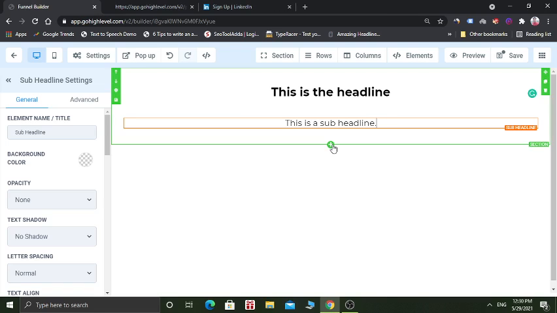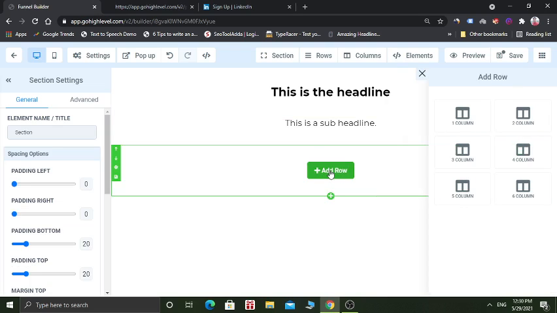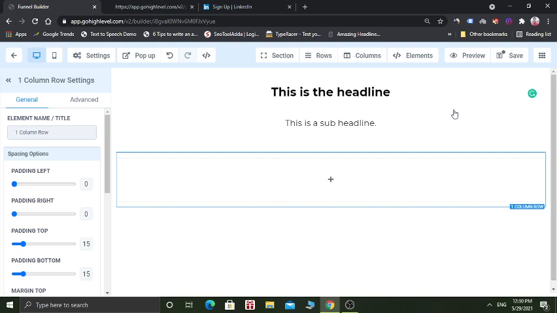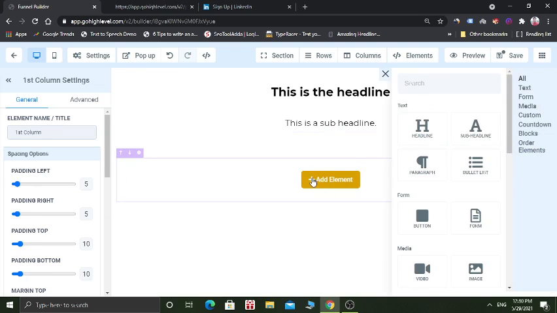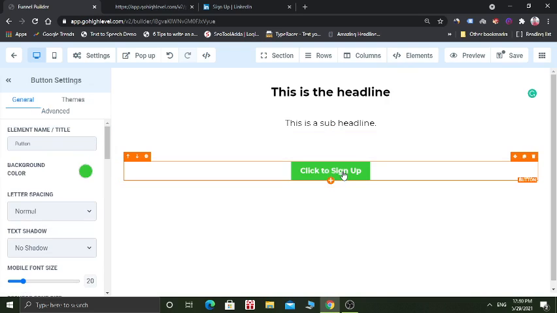And now you can add a button into the page. Add a button element, drag and drop here, and change the name of the button.